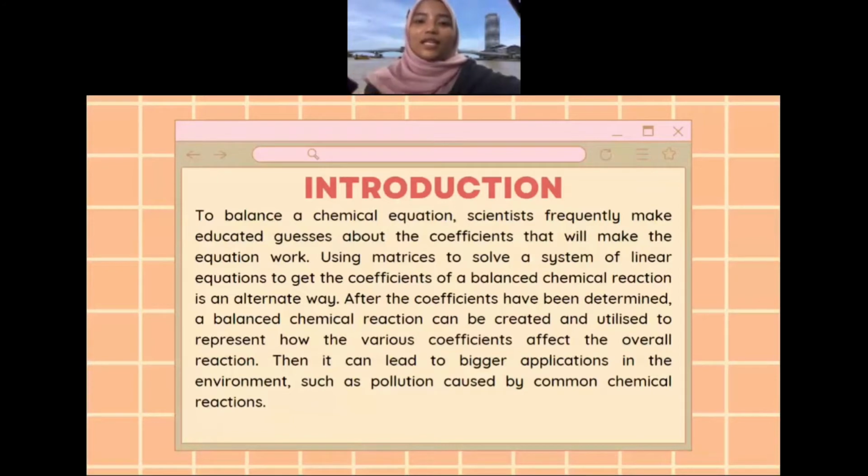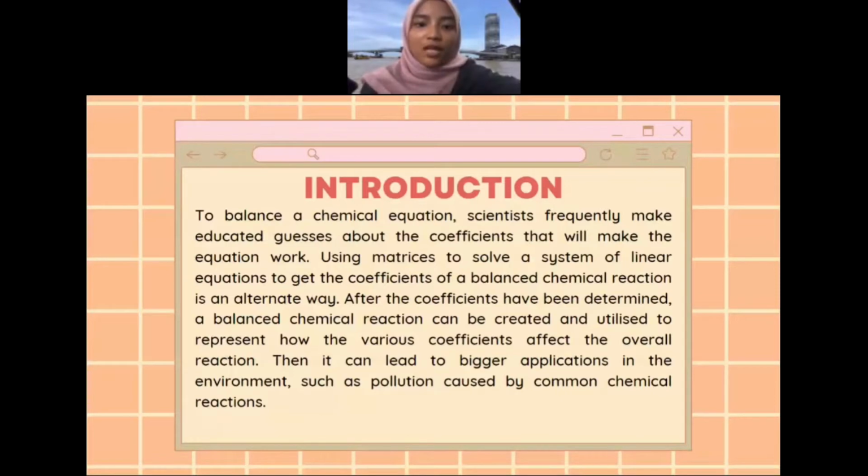Our topic is balancing chemical equation. So we use matrix as our project to balance the chemical equation. To balance the chemical equation, scientists frequently make educated guesses about the coefficient that will make the equation work. Using matrix to solve a system of linear equations to get the coefficient of a balanced chemical reaction is an